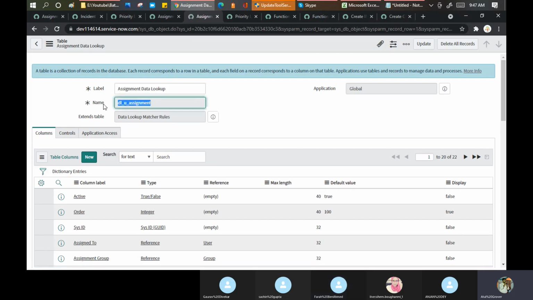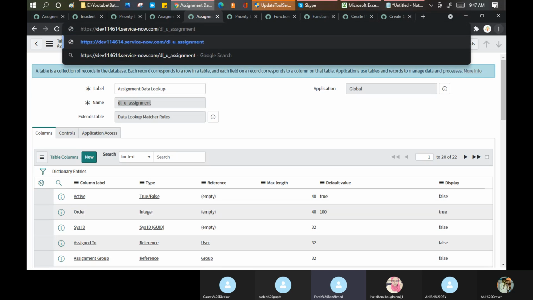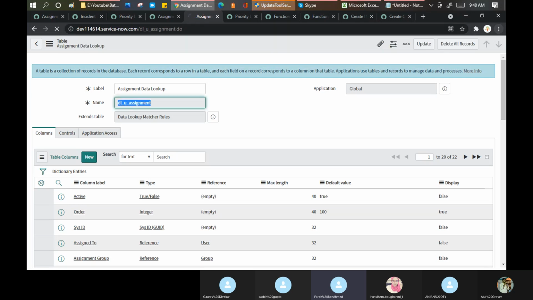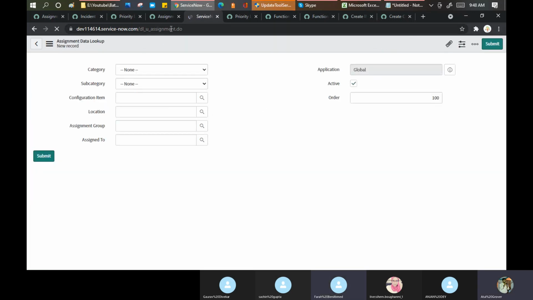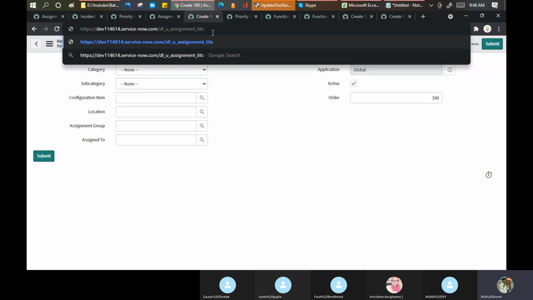We use the same data lookup table now. I'm showing you the default one. See what ServiceNow did. ServiceNow created a DL_U_assignment. Okay. And they put this matching value on assignment_list.